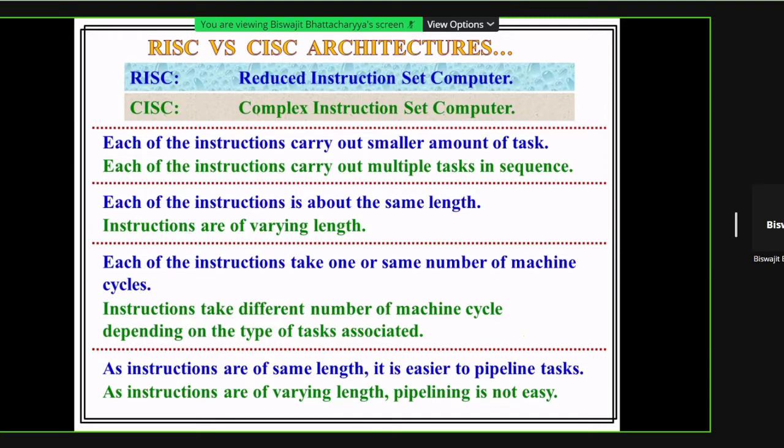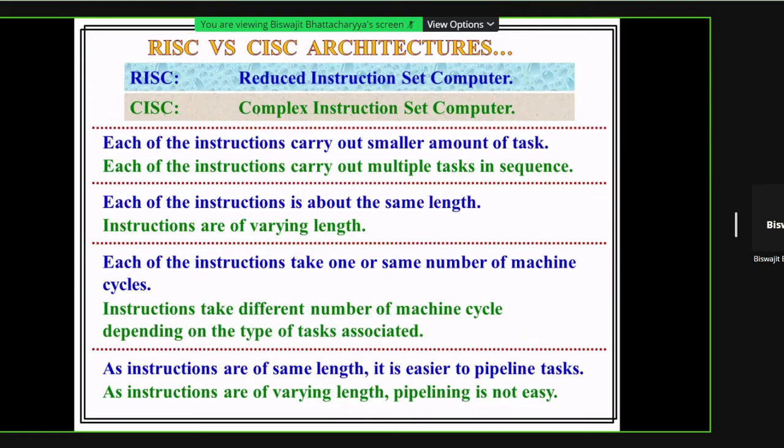So each instruction can carry out only that simple job. It cannot carry out a complex job. So just by combining instructions properly, by writing instructions properly, we can aggregate the sequence of tasks, and ultimately our complicated task is carried out.